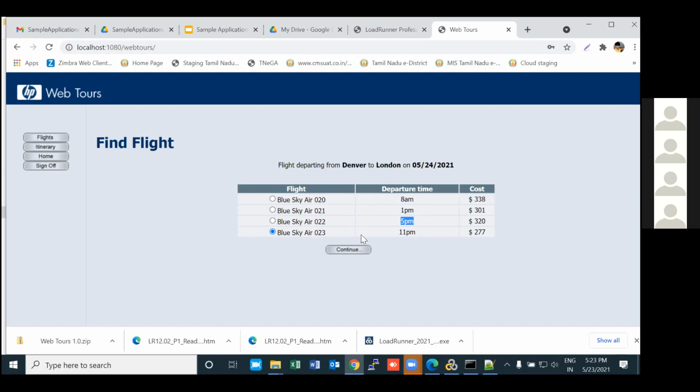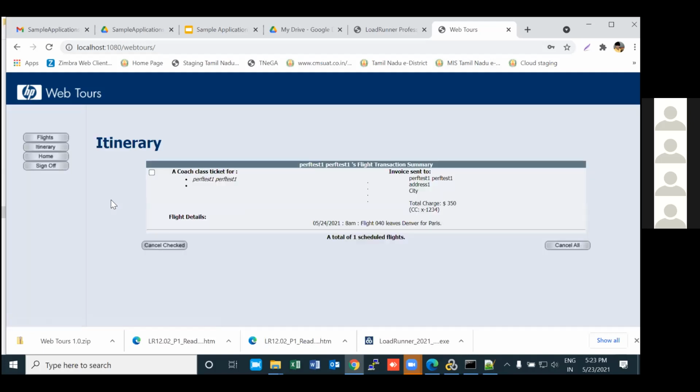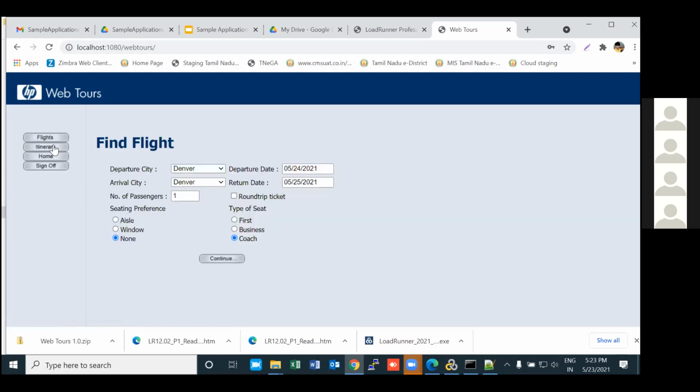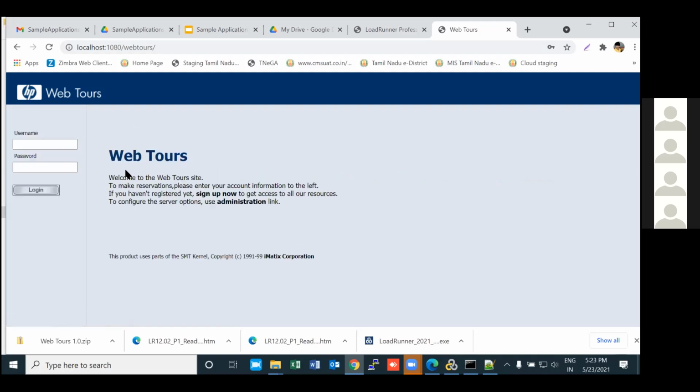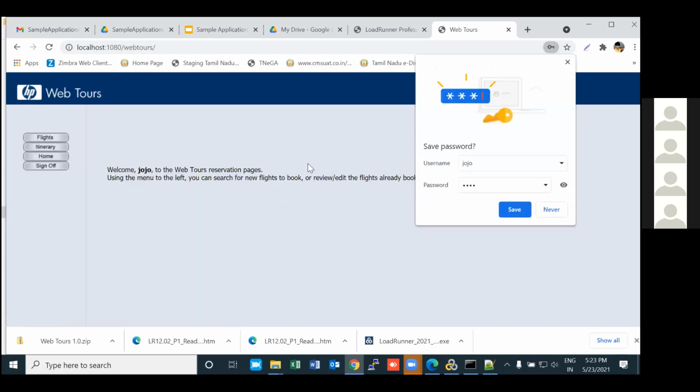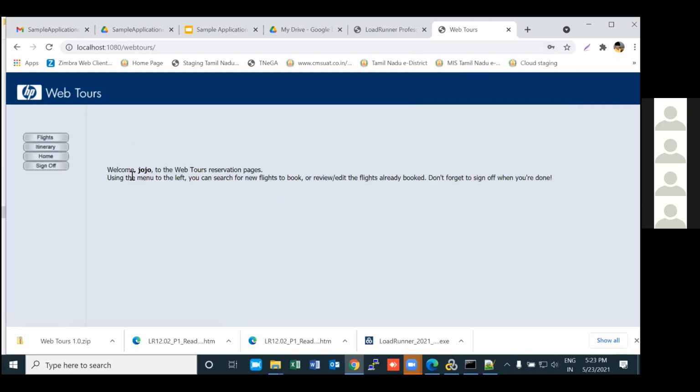So basically what we are going to do with this application is we are going to develop one script for user registration, one script for ticket booking, right? One script for navigation. So some users will just log into the application and just navigate through all the tabs and then log out. That's it. They may not be doing anything, right? So we need to develop one script for that also, right? There will be some window shopping users. They will just log into the application and log out. They will not buy or purchase anything.